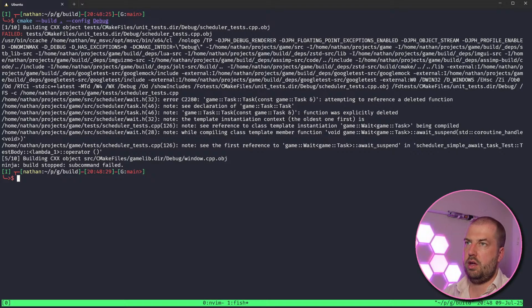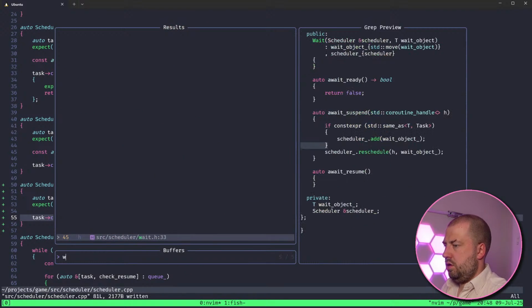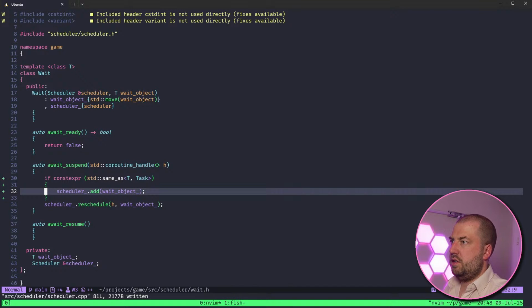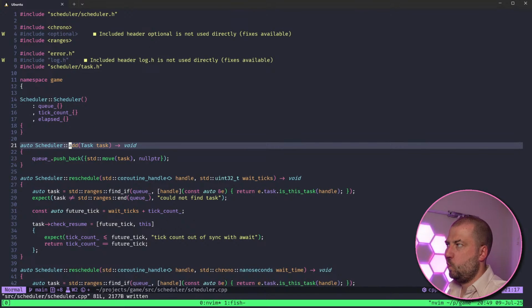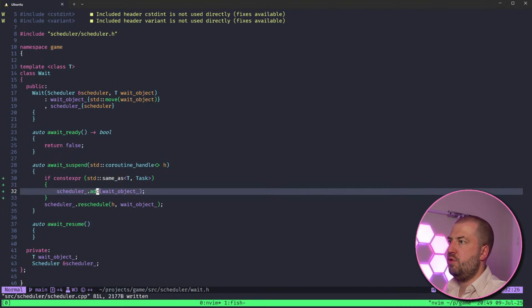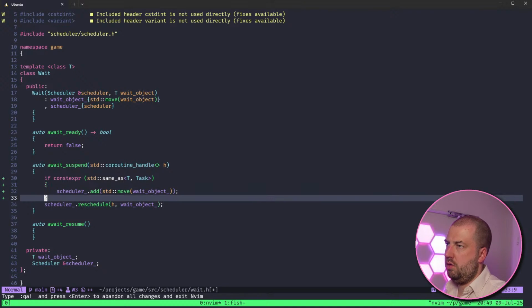Yes, where? Where am I copying this deleted function? Oh, I just need to move it in there, don't I?